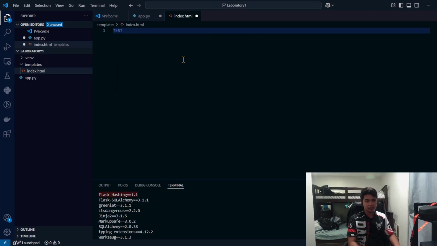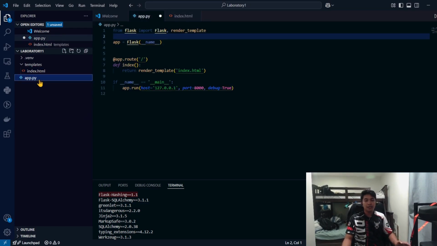Test for making database. What we are doing today is making a database file using the Flask application. To make this application, we must get the syntax.